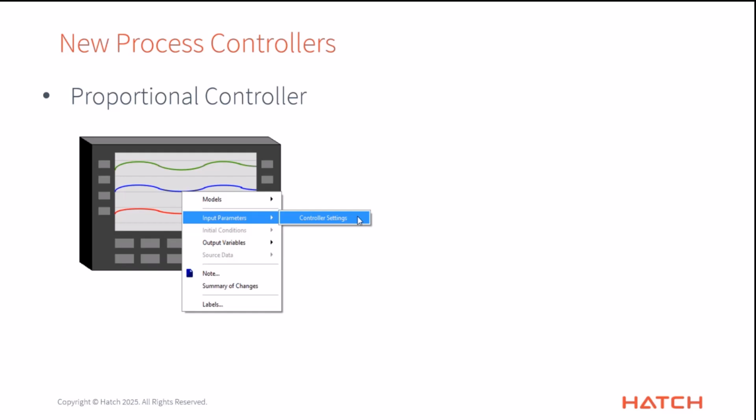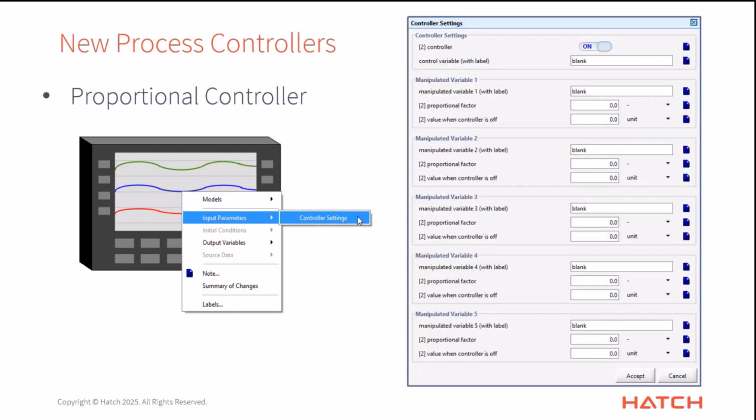And all of this functionality is handled in a single input parameters menu, this controller settings menu, where this input menu looks like this. The key functionalities of it are a controller setting where you can toggle the controller on and off, a field where you can enter what your control variable cryptic tag is going to be, where that's the entire cryptic tag, both the